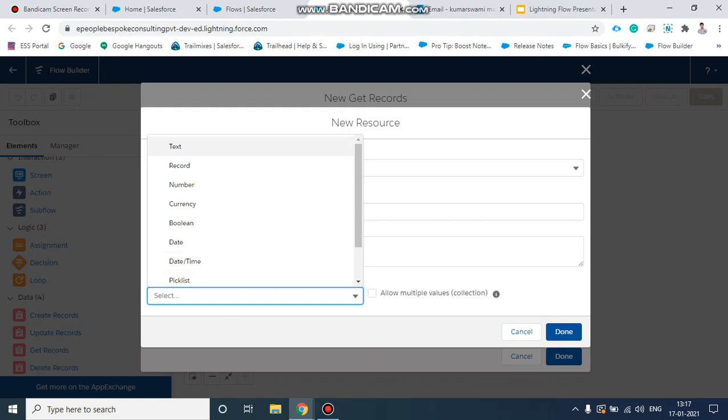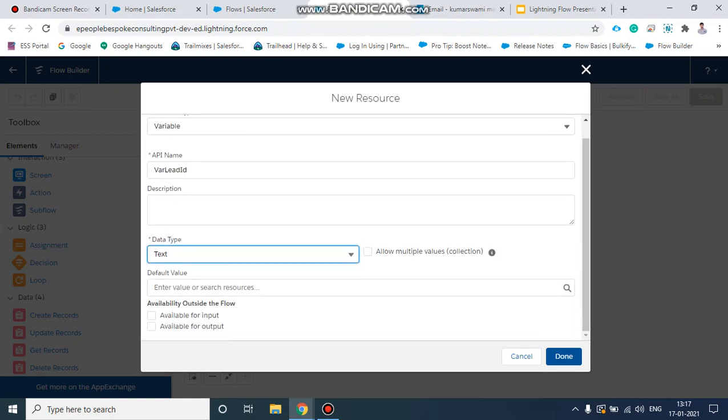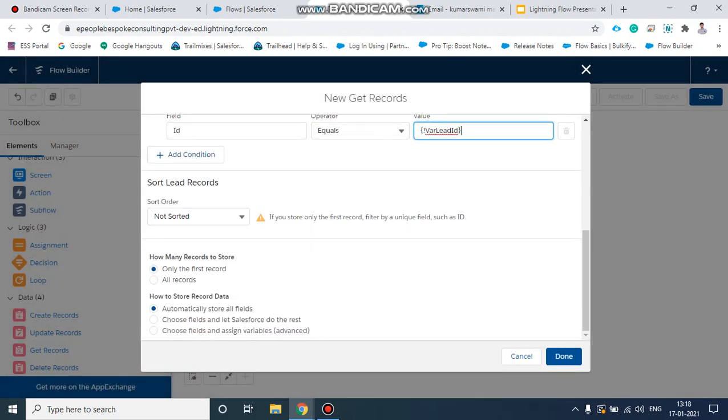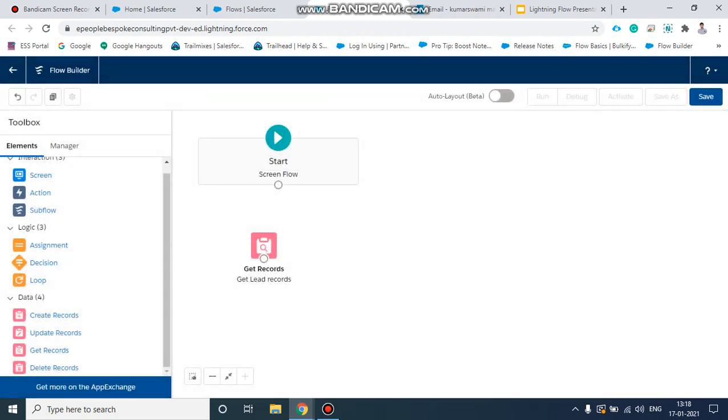Then I will select the data type as text, and enable available for input, so this Id will be taken as input. Click done. For the first record we only take that Id, because it's the parent, so there will be only one record. We need to connect Start to this Get Records element.